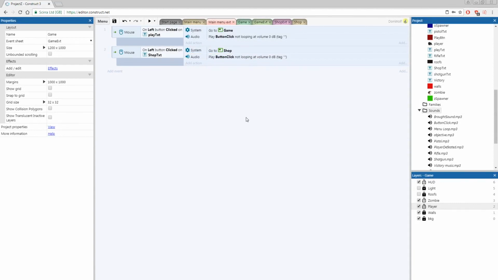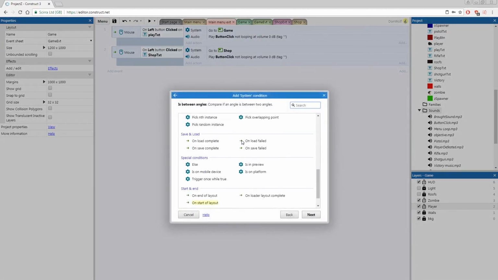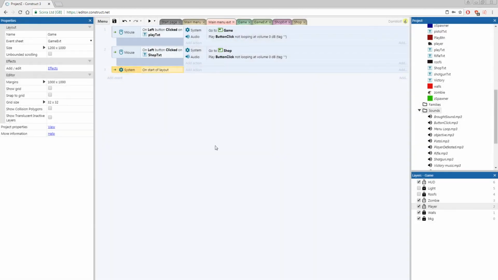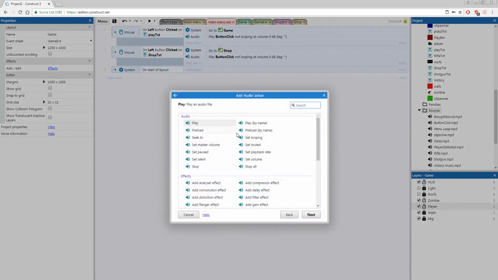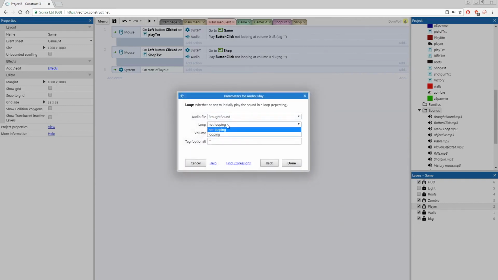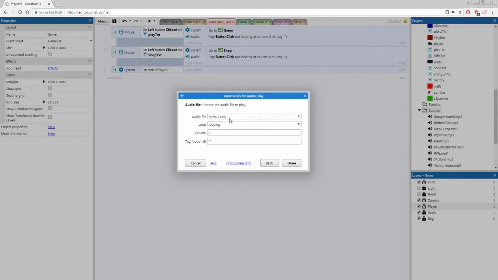Now that we've done that, let's add some background music to our main menu. So we're going to add an event, system, on start of layout, add action, audio, and we want to play, and we want to set it to looping because we want our main menu music to just go over and over again. And it's called menu loop, the audio file. So your file should look like this, audio loop,